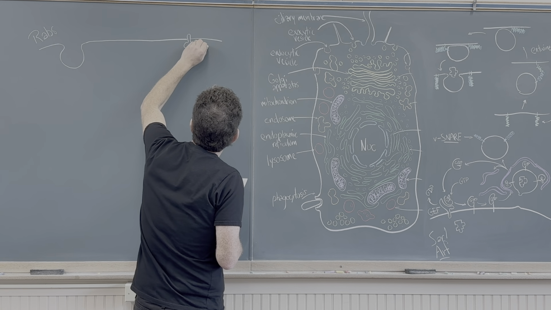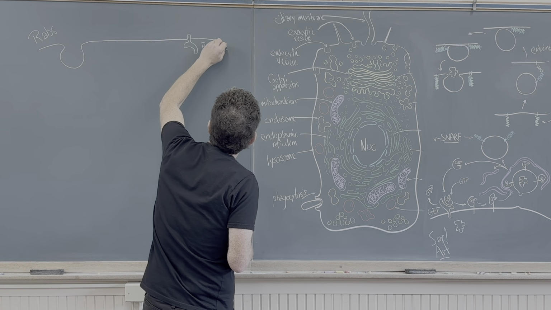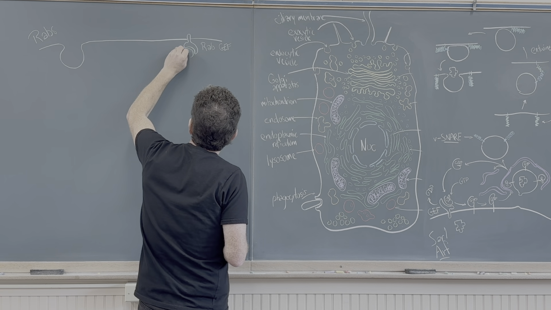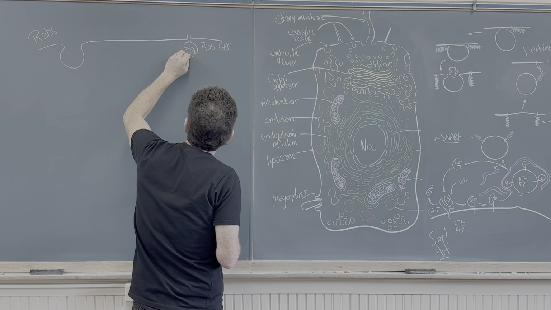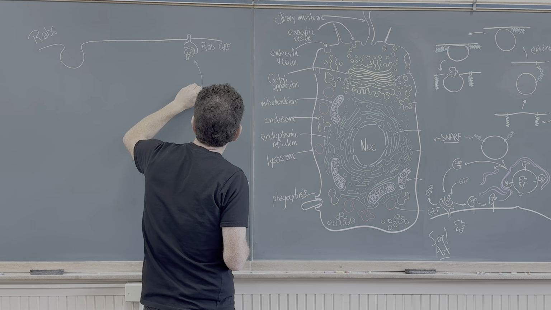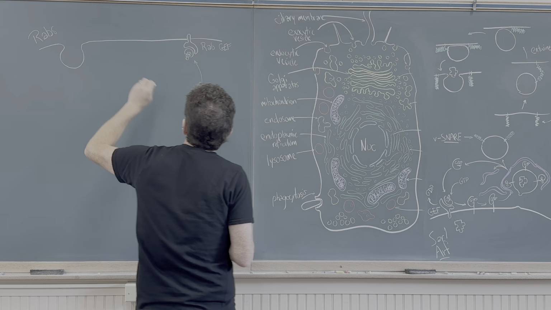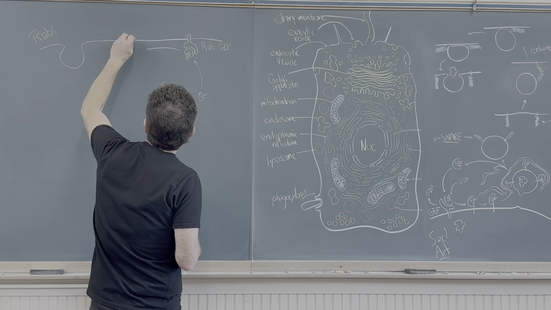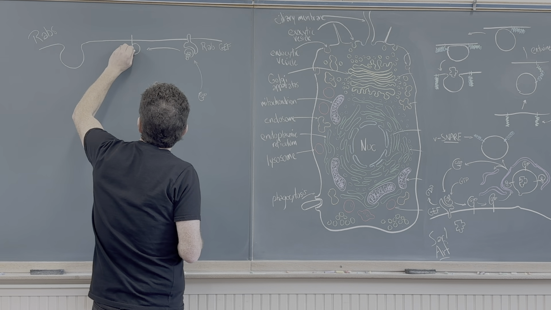So again, this now is a GEF located in the donor compartment membrane, and it must recruit inactive RAB from a cytoplasmic pool of GDP RAB, which must exchange GTP for GDP, insert by its lipid tail,